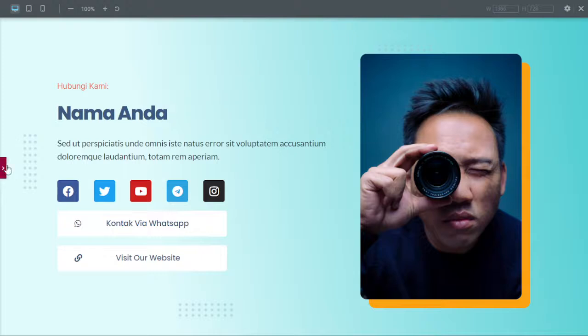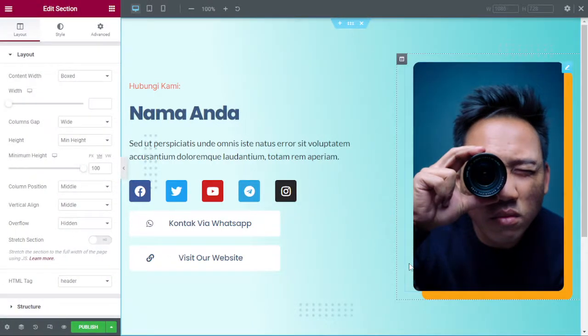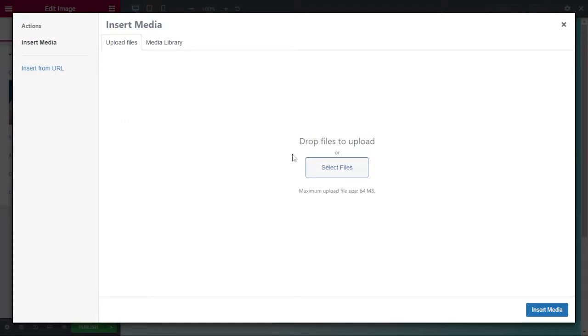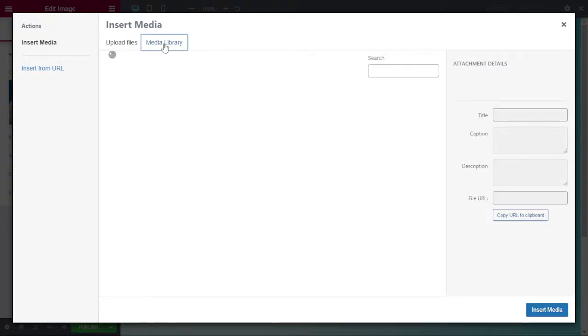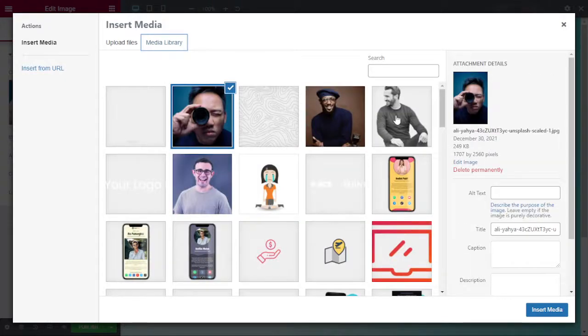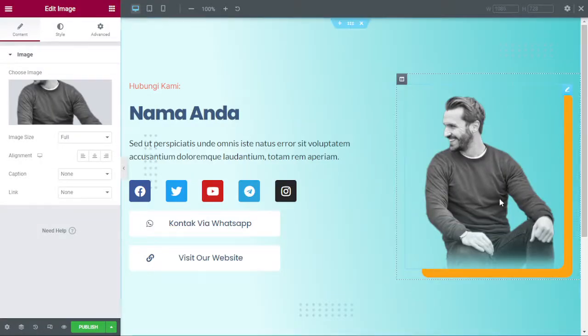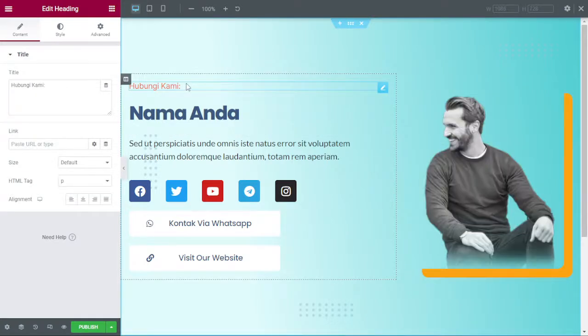How to modify this? It is very easy, whether you are a new beginner using Elementor or you are an advanced Elementor user. Of course, it will be very easy. If you want to change the image, you just click the image section here and then choose the image, whether you want to upload this from your computer or you just take it from the media library if you already provide it. As an example, I already had this image, and then I will choose this image and insert it. So I already changed the image profile here,